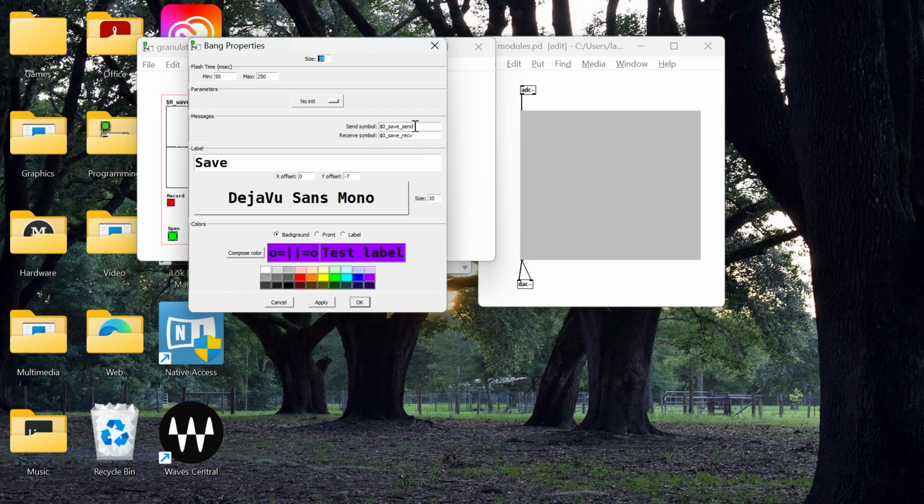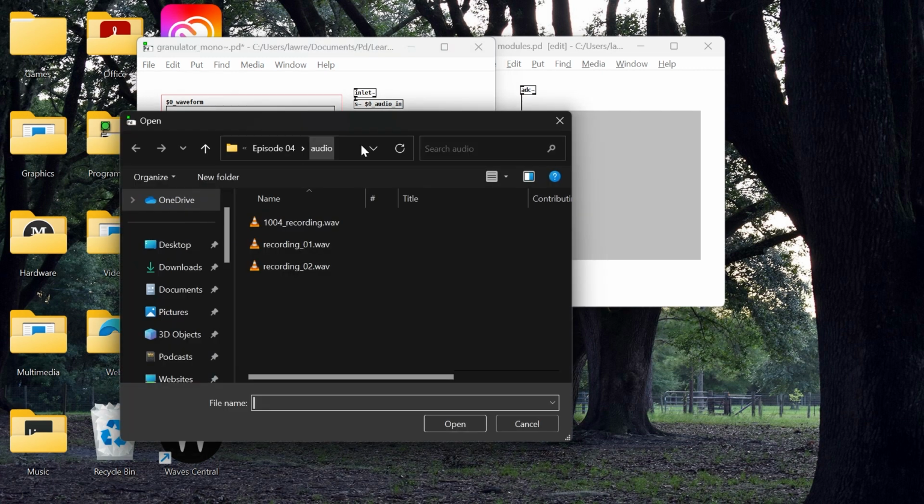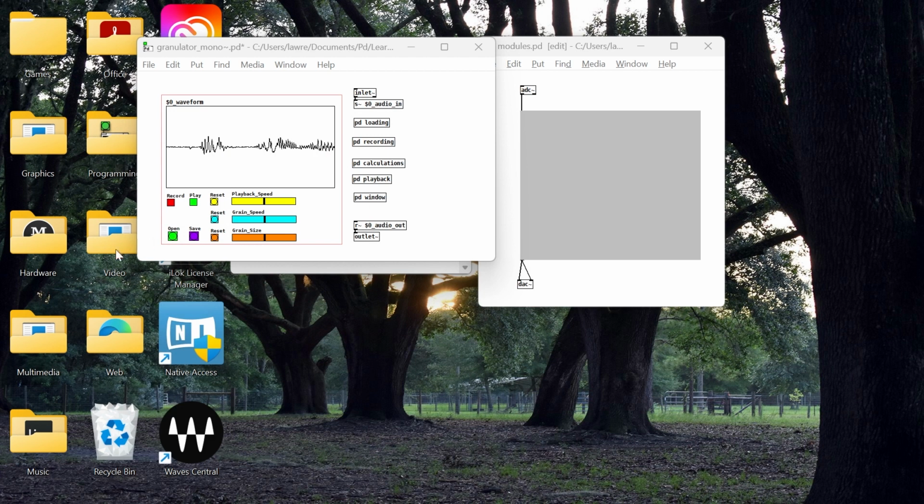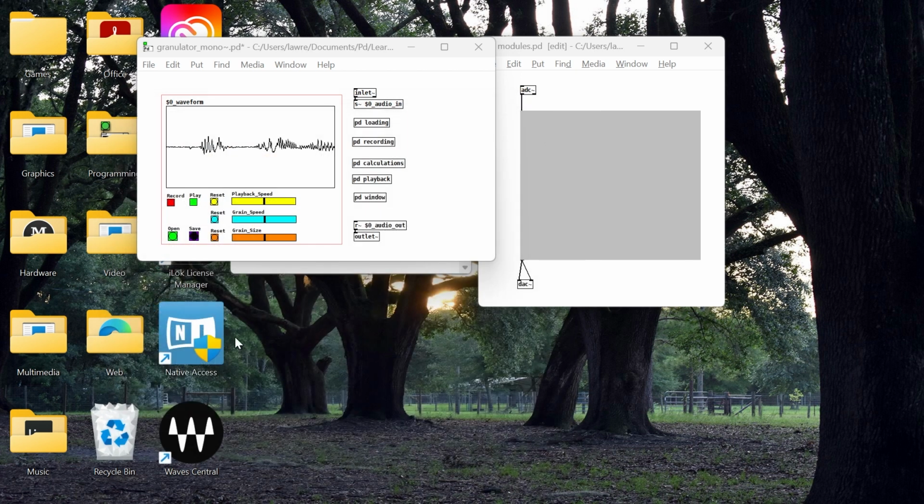So these are communicating with, all you have to do is basically hit these and you get an open panel or a save panel. And that's for opening and saving files. Now what I want to do,